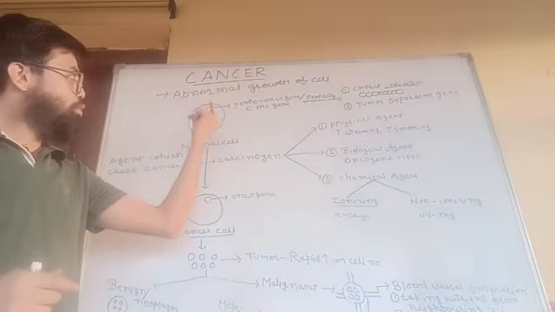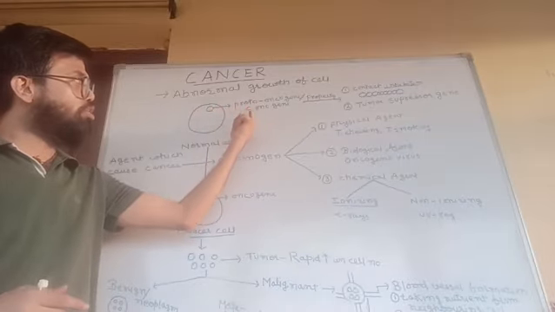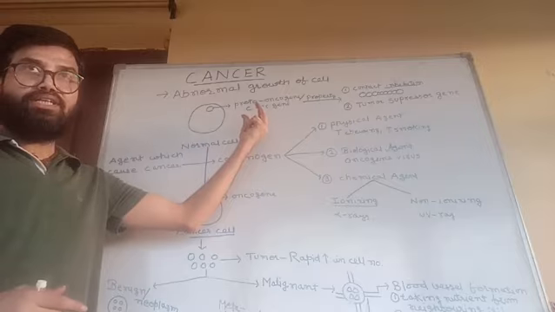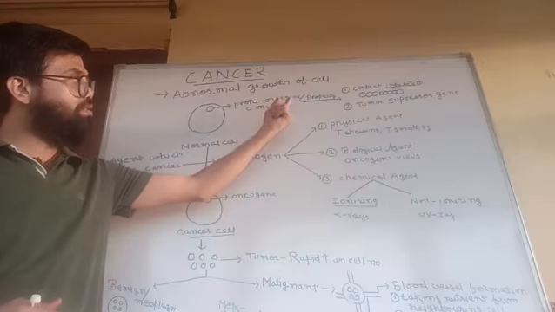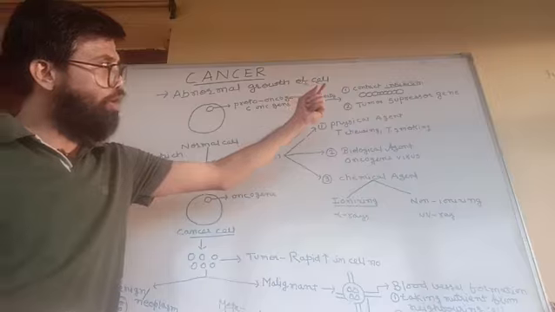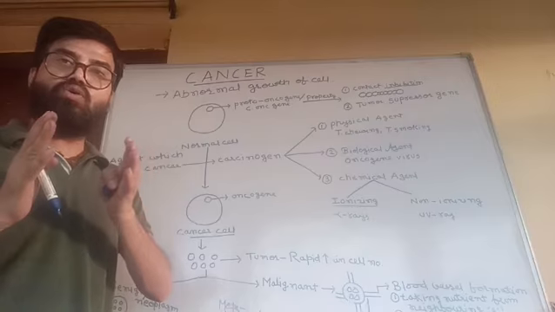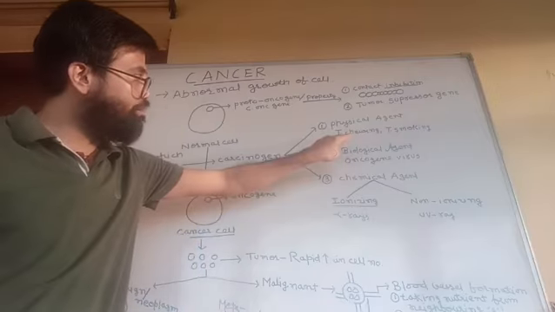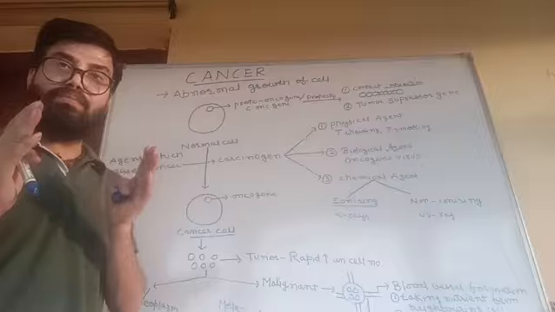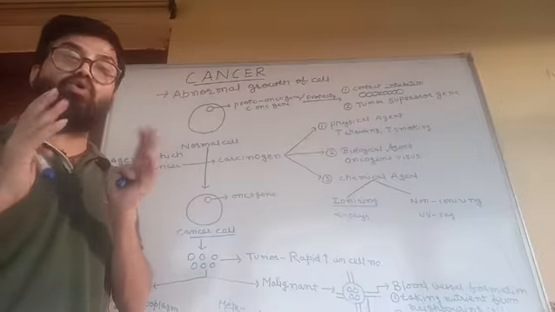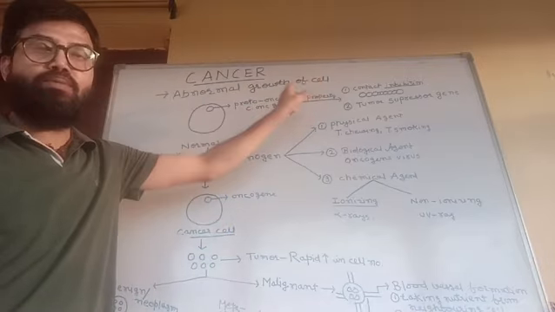How does it occur? Suppose this is the normal cell having a gene. That gene is known as proto-oncogene or C-onc gene. Clear? And because this normal cell contains the proto-oncogene, it has specific properties. Number one, contact inhibition: when cells come in contact with each other, further growth will not occur. Point number two, tumor suppressor gene: some genes are present which help in suppression of abnormal growth of the cell. Those genes are known as tumor suppressor genes. These are the two important properties of the normal cell.